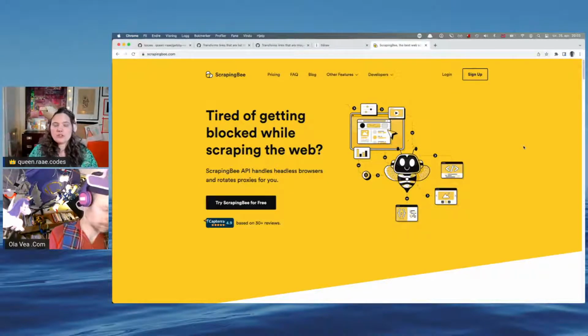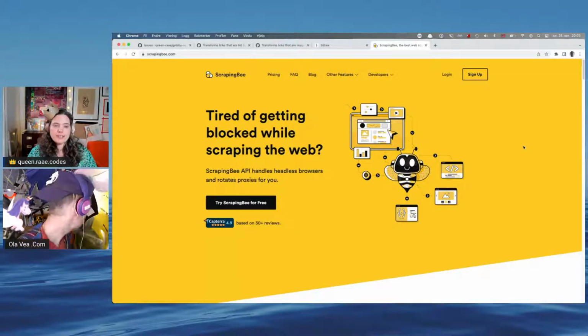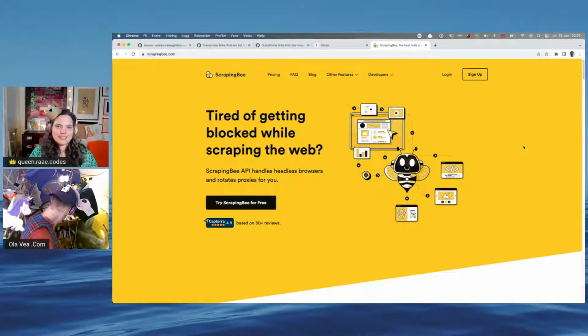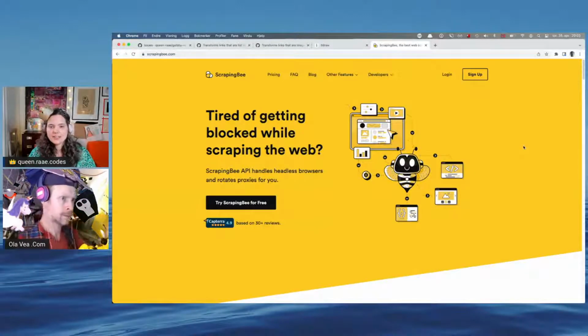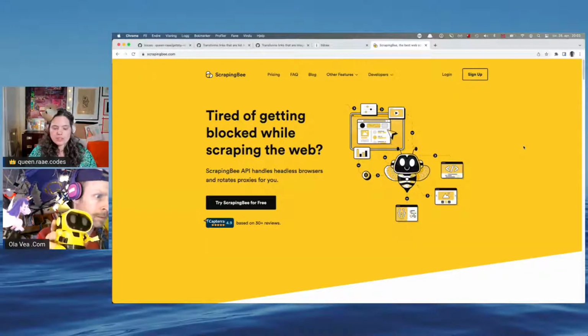I think we'll be scraping without using the ScrapingBee service, and then we'll also test out using the ScrapingBee service. They have a lot of documentation on how you do scraping in general. But if you're going to scrape a lot, you will be blocked and things like this. So ScrapingBee helps you get past some of the hurdles you will run into when you start scraping a lot.